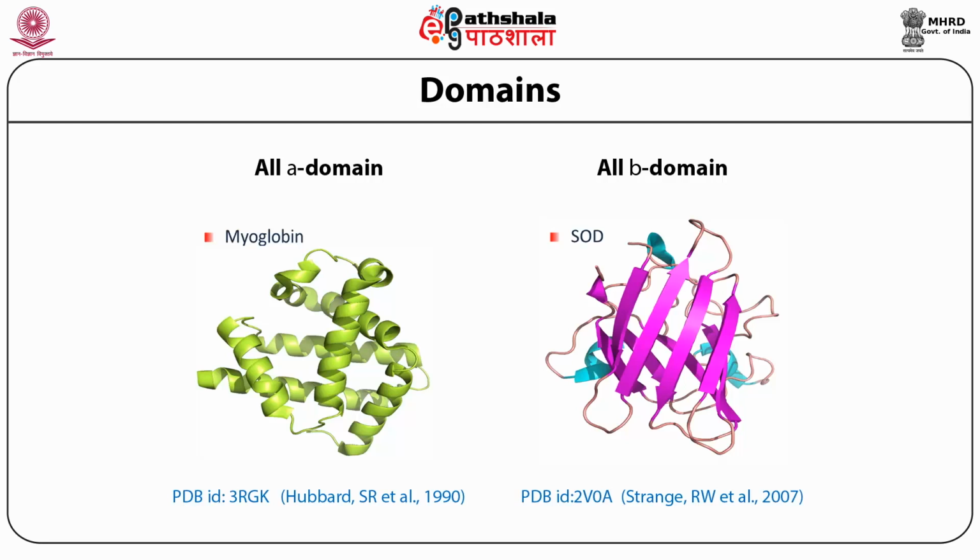They have both alpha helices and beta sheets in the structure. Whereas in the alpha beta domain, you have alpha helix and beta sheet randomly repeated, and all the beta sheets are in the center as a core of the protein structure, and the alpha helices cover the surface of the structure. A typical alpha beta domain example is triosephosphate